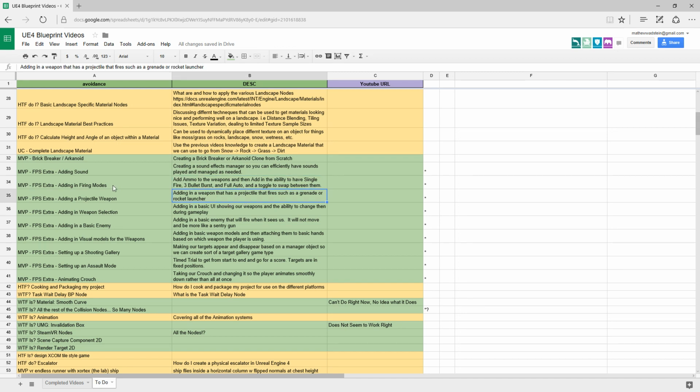Okay, we'll do that. Add in a projectile weapon. So now we'll have 2 weapons, and with the projectile we can show how to do the fire velocity one. Weapon selection: basically a UI showing how to change back and forth. Basic enemy. Now that we have weapons and ammo, we'll add in a basic enemy, and this will give us something that fires back. So then we can implement things like